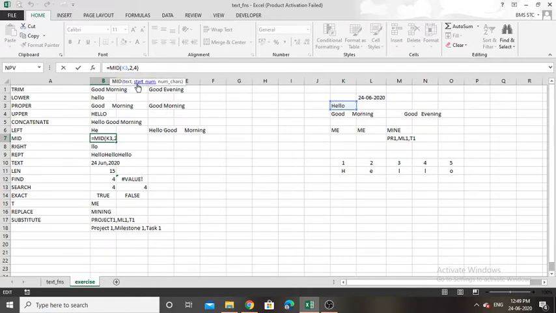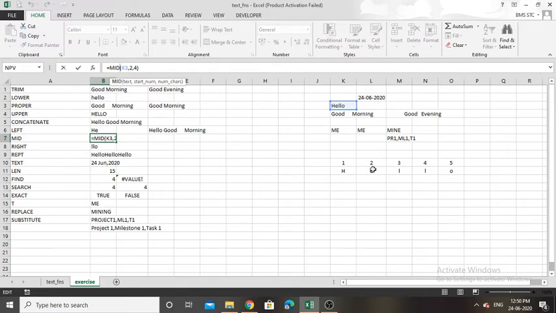Second is start num. Start num means from which position you have to filter the substring. Okay, starting index of the substring. So our main string is hello, and the substring we are going to create using the mid function. So we have to pass the starting index of our substring. So here I put 2 as my starting index. So from E, you can see the indexing here. So from E it will start the substring of hello.